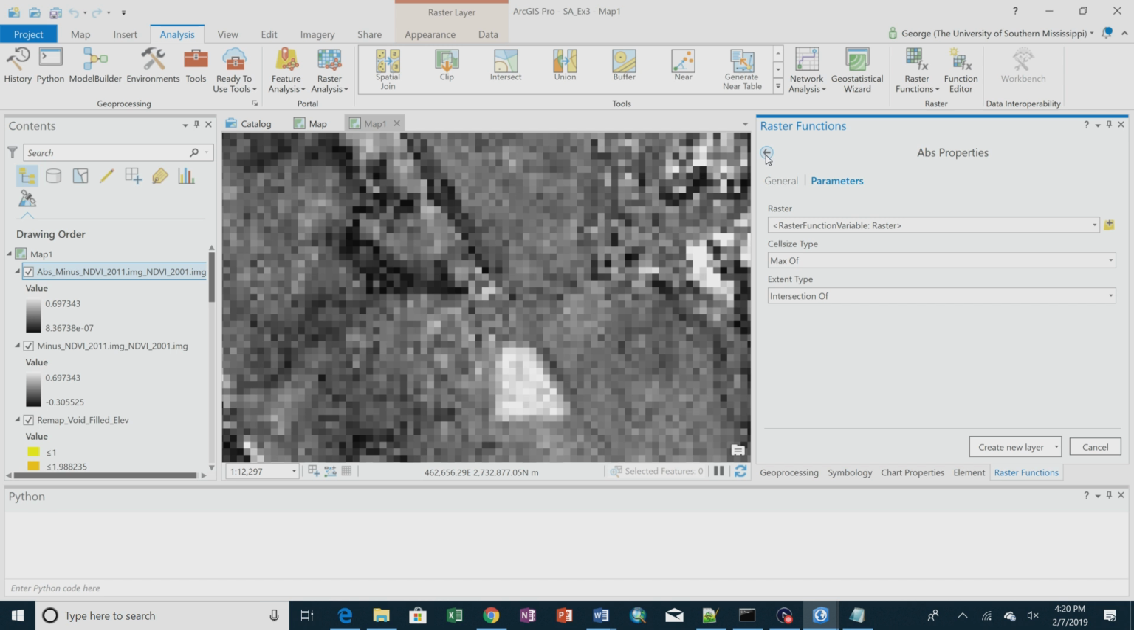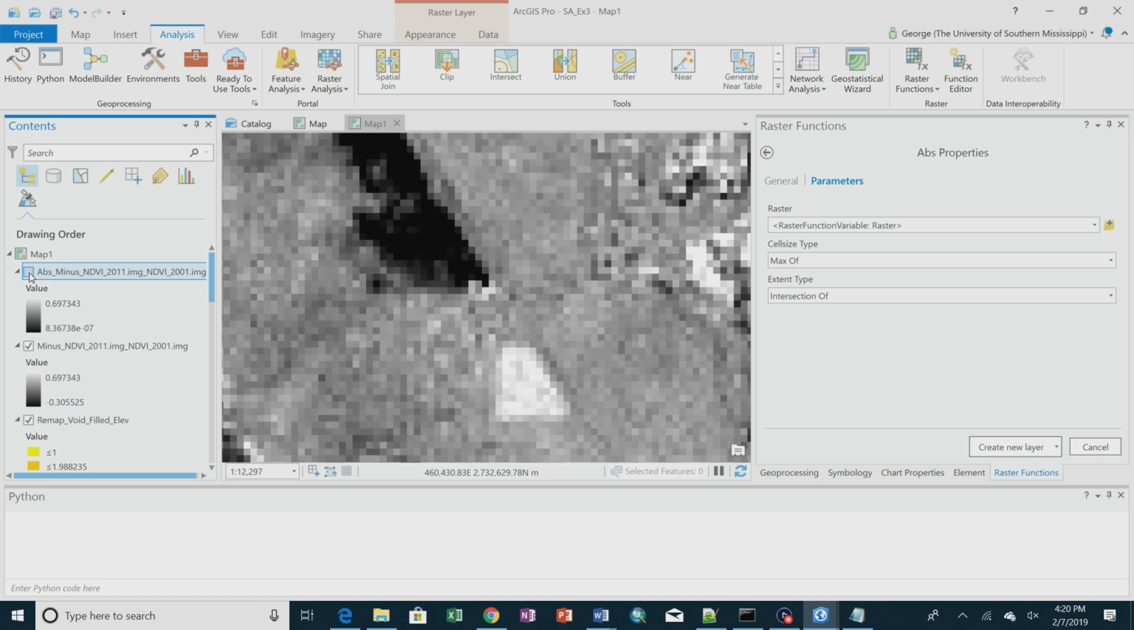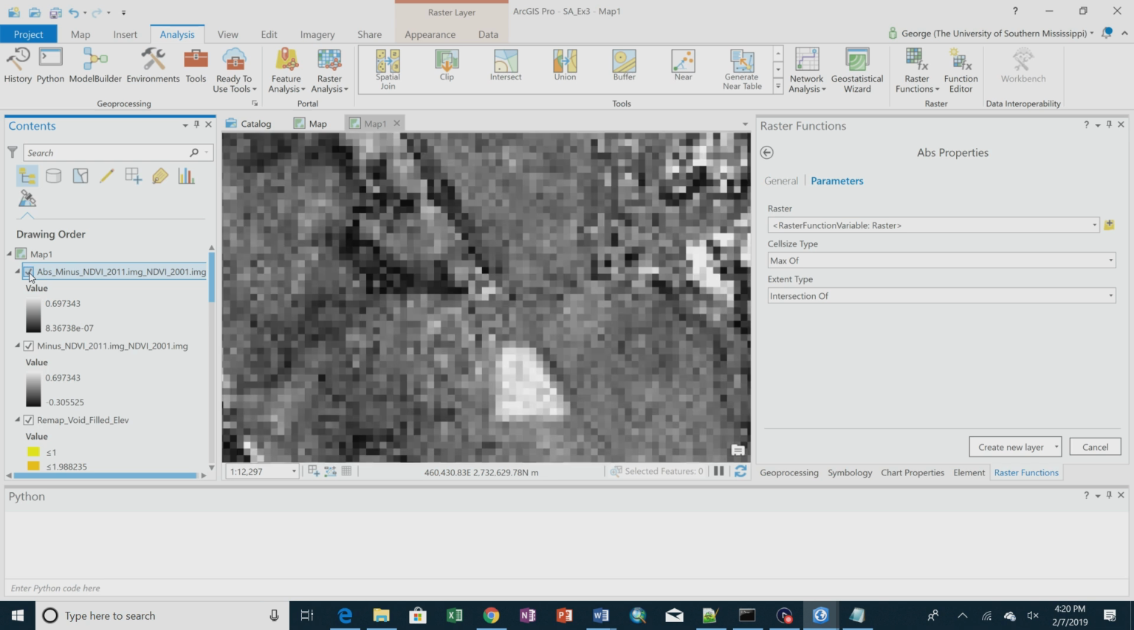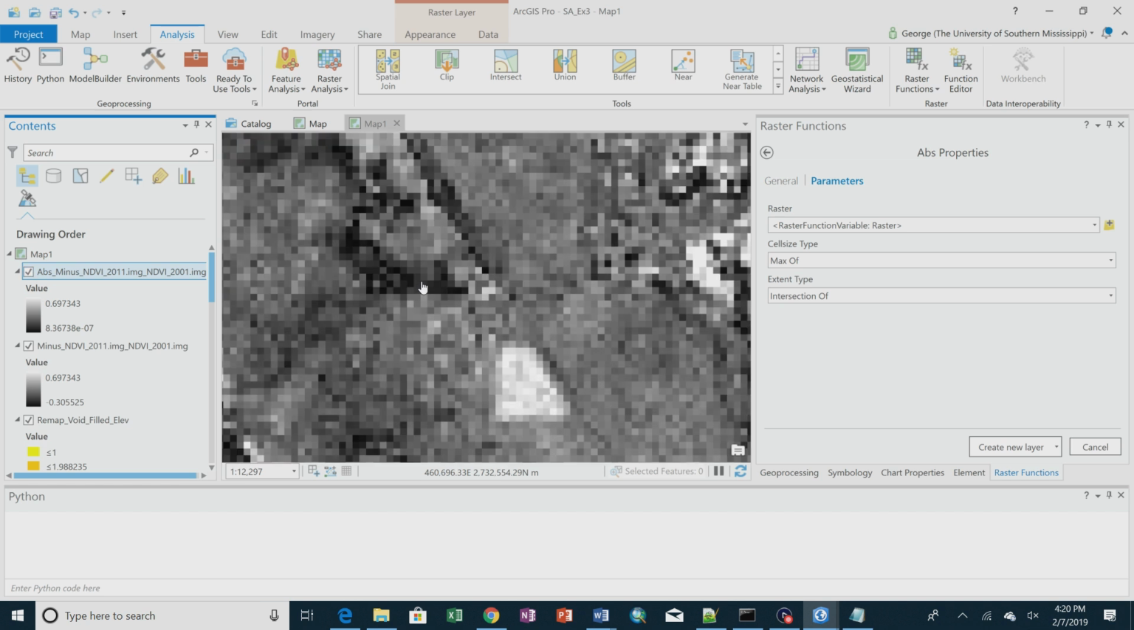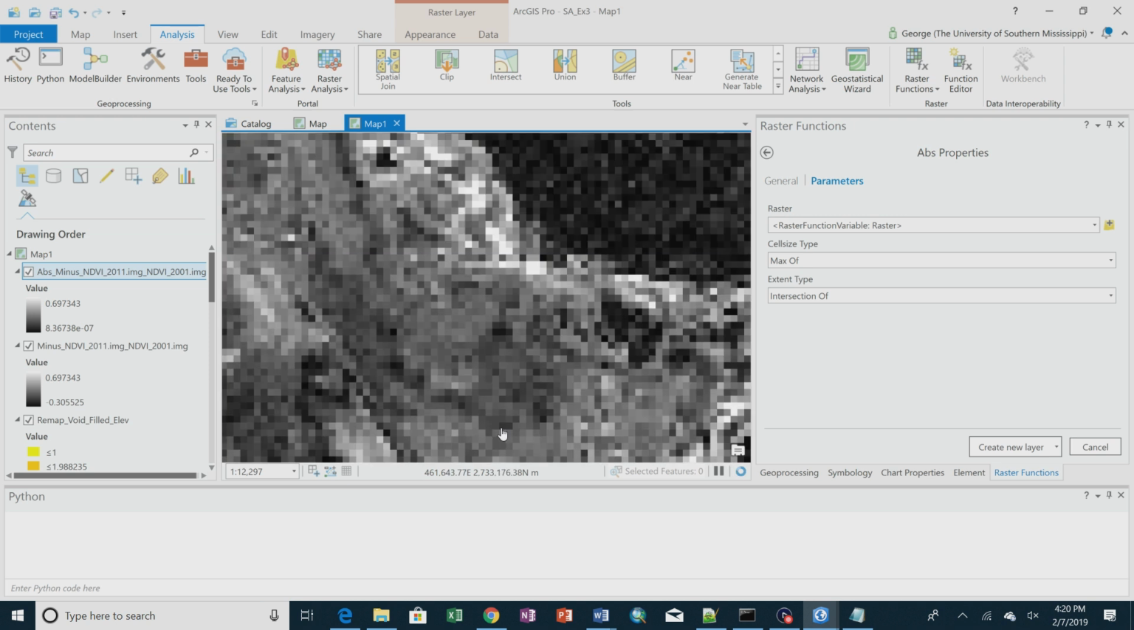Yeah, it does. I'm just wondering why this area didn't turn that bright, but maybe those absolute changes aren't that big. All absolute value does is change negative numbers to positive numbers. All right, so